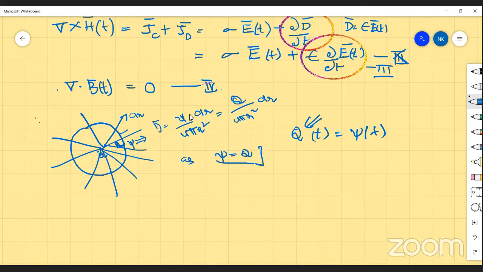Now, if it is a function of time, automatically it will be a function of time. So definitely D bar is also a function of time. Whatever is emanating from a closed surface will be the same. Nothing is added, nothing is subtracted. It is only changing with respect to time. That's why the divergence of D bar of t is equal to rho v of t. So this remains the same except it's a function of time. This is the first Maxwell equation.